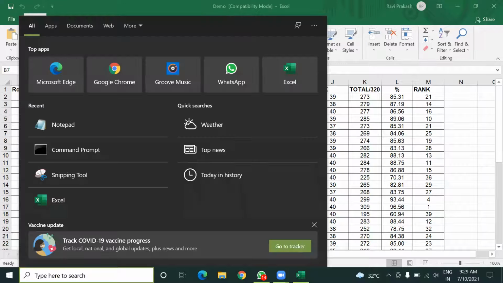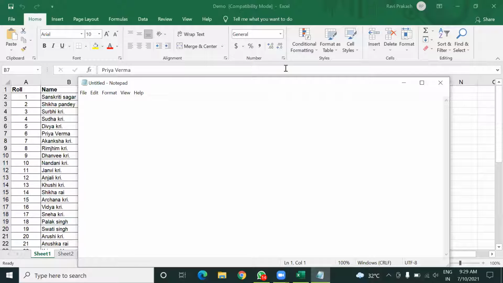So first of all, you see how can you define what is filtering?